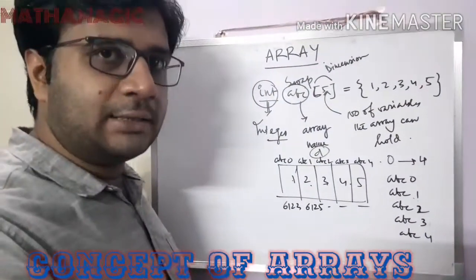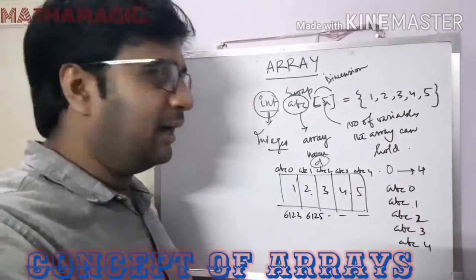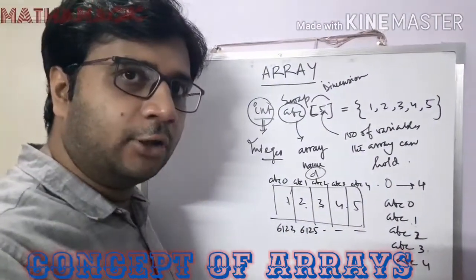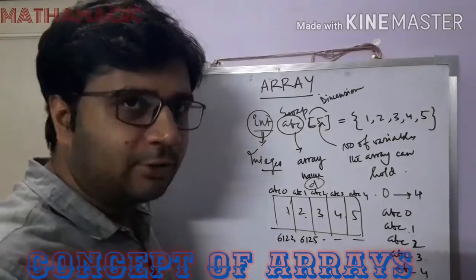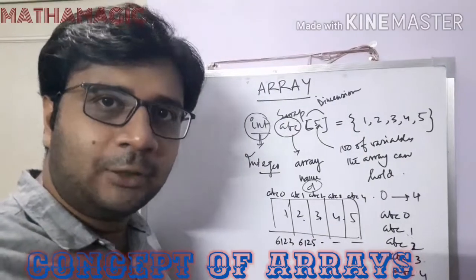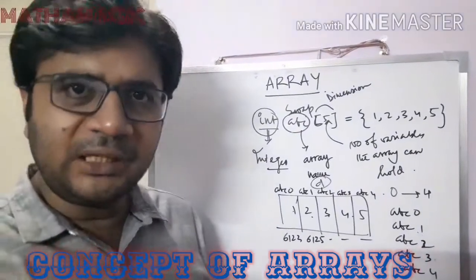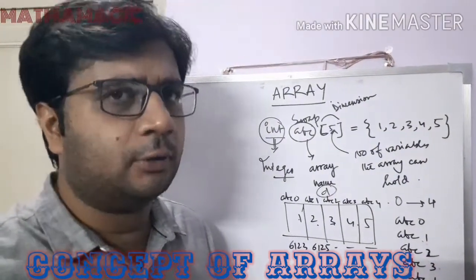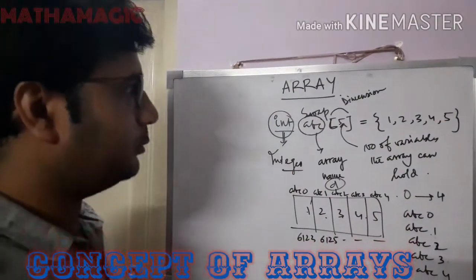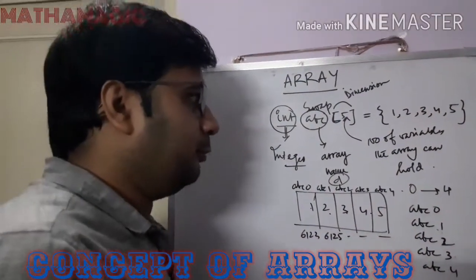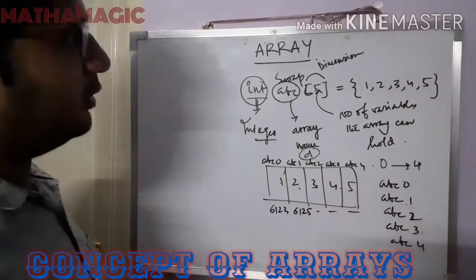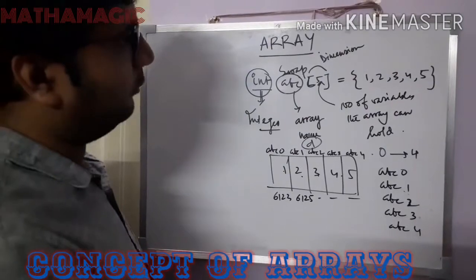That is the concept described by the C compiler, that you have to go from 0 to 49 in order to initialize 50 variables. You cannot go from 1 to 50. In order to initialize 500 variables, you have to go from 0 to 499. You cannot go from 1 to 500. Just try to remember this, because this will be helpful. Otherwise, you will make mistakes in writing the program or the output. So this is how the first dimension of array works.